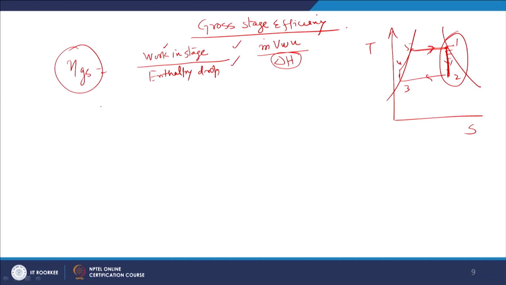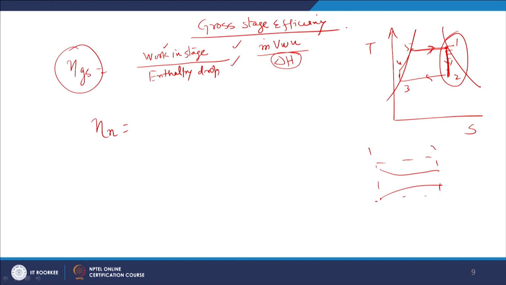So if we talk about the efficiency of the nozzle, it means the efficiency of the nozzle reflects what the enthalpy drop in the nozzle is and what part of this enthalpy drop is being converted to kinetic energy. Because the nozzle simply converts, if you consider the nozzle as a control volume,